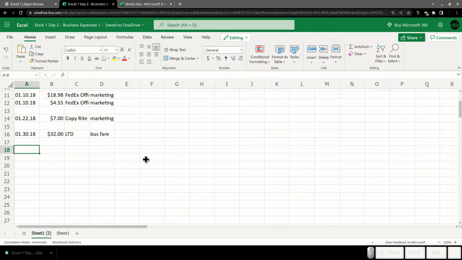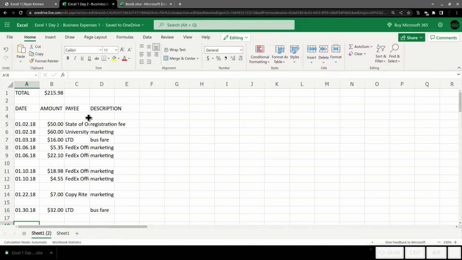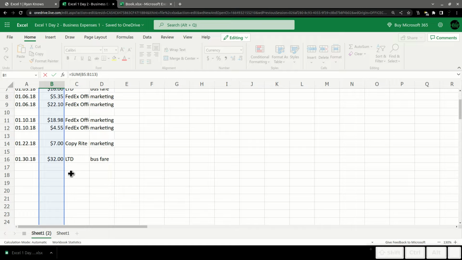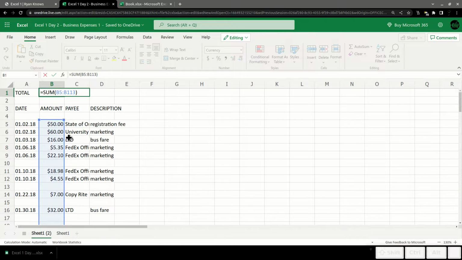Okay, so the reason I wanted to do that was so we could talk about this. Notice this is still giving me my total. I deleted a bunch of stuff, so it's updated and it's a smaller number. And it goes way, way down. I'm going to change it so it only goes down to 16.